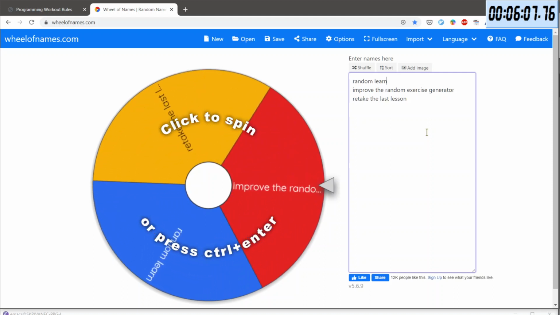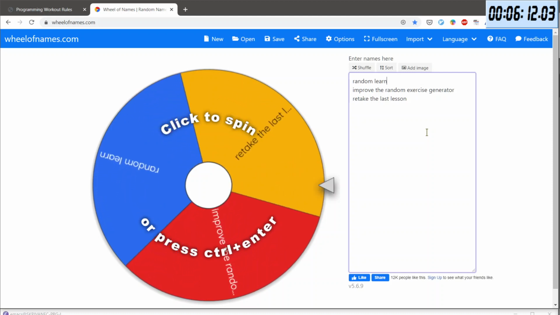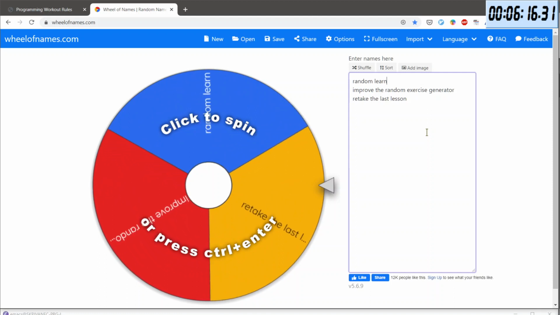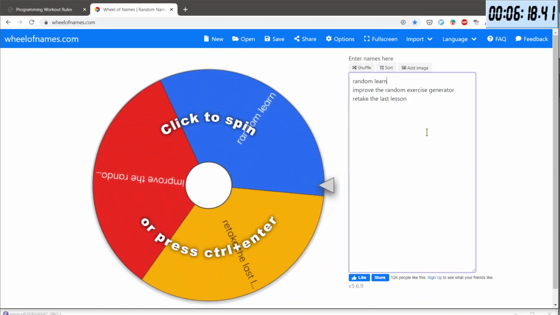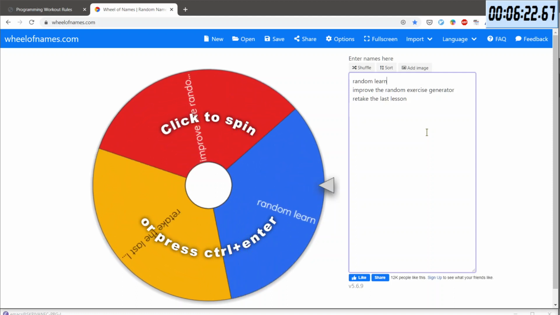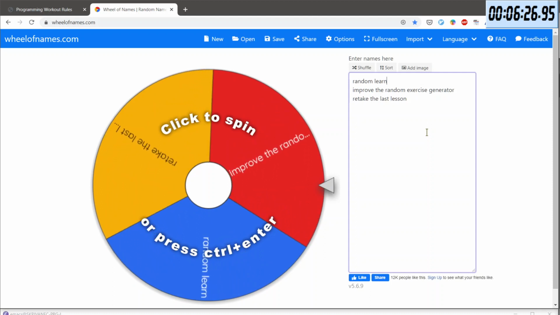The random learn is just pressing the button and go. To improve the random exercise generator is something I wanted to do and I was talking about the last time. And retake the last lesson I think would be beneficial because I forgot the lessons.